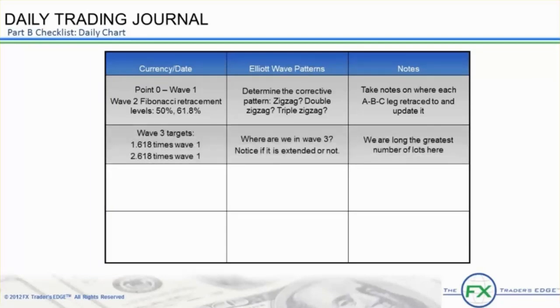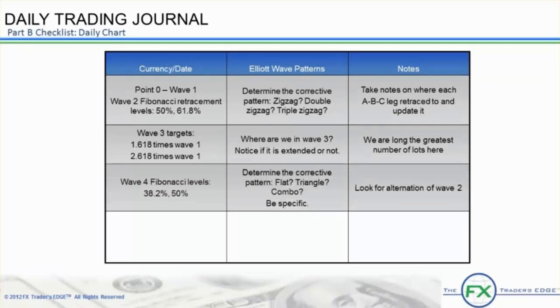When you are in wave 3, you will be calculating how far it has traveled relative to wave 1. When it goes higher than 100% of wave 1, you will then look for 1.618 of wave 1 and then 2.618 times the length of wave 1. For wave 4,